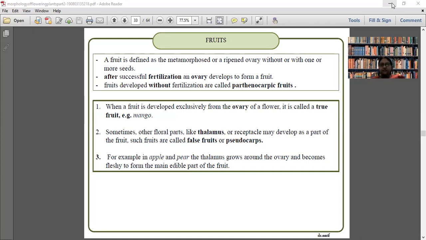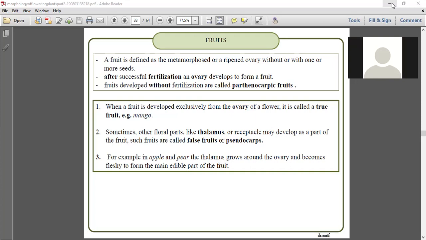So there are methods, there are reasons due to high demand of seedless fruits. Either we go for vegetative propagation of plants, or we go for parthenocarpy, where we treat plants with various hormones to get seedless fruit, where the ovary is modified into fruit even without fertilization. As there is no fertilization, the ovule will not be fertilized. That means the gamete present inside the ovule will not be fertilized, and it will not be modified into seed.